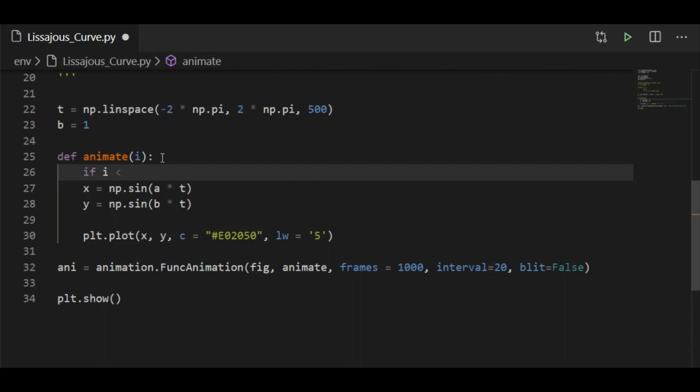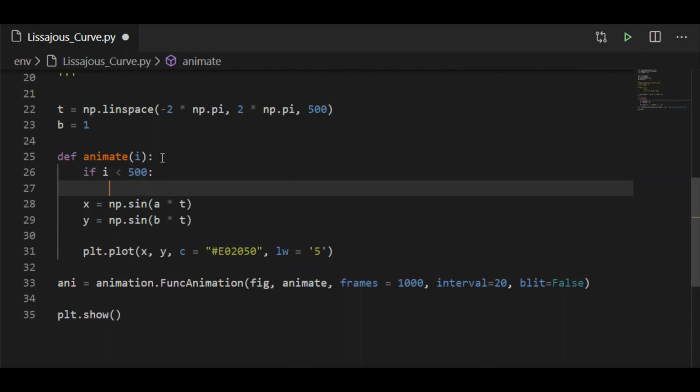So instead of having a fixed value for a, we will handle it inside the animate function. But here I am going to do a check. If the value of i is less than 500, a shall be a function of b times 0.01 times i.